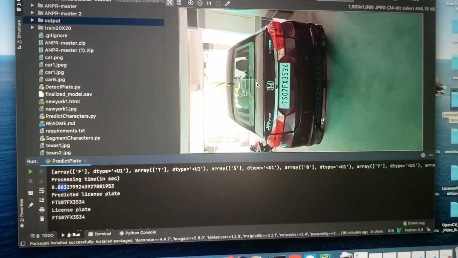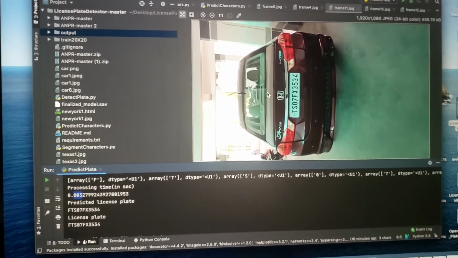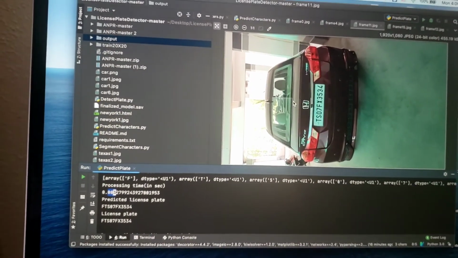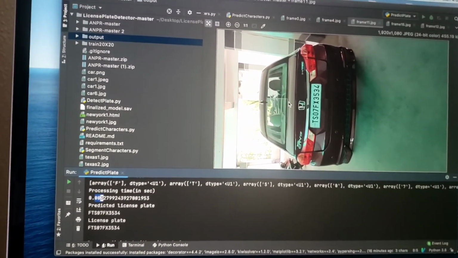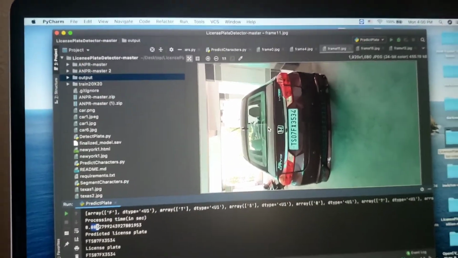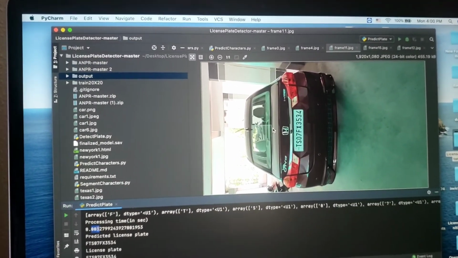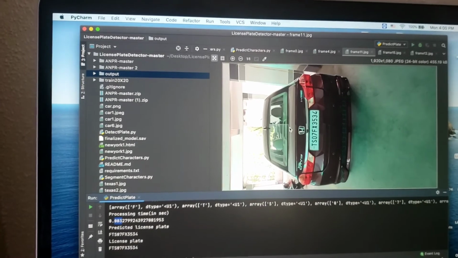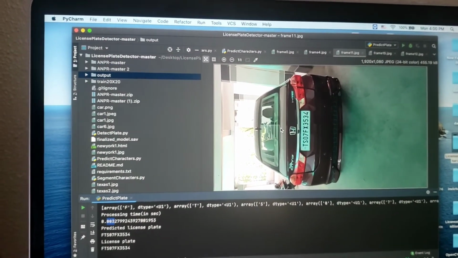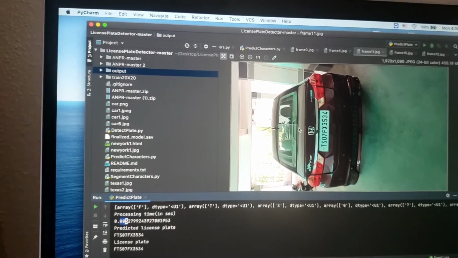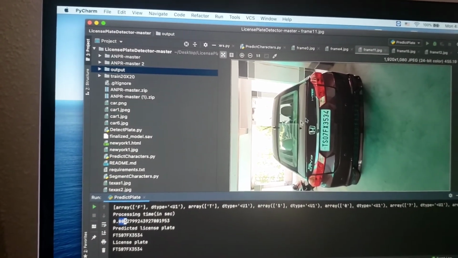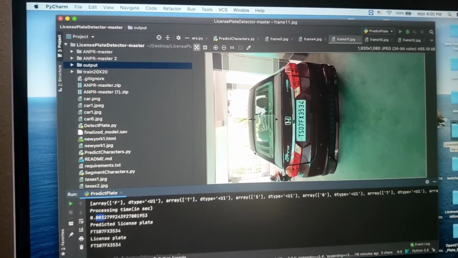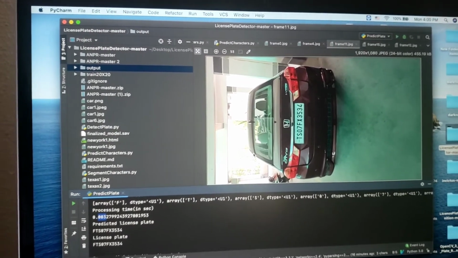Because the number plate not only has characters, it has other kinds of noise embedded in it. So we cannot really remove those things. There is no such way till now that can be applied to remove this kind of noise. For removing noise we can have many algorithms, but till now it's like that. So this is the machine learning module, which can also detect pictures as well. That is what we have done so far for the machine learning module.